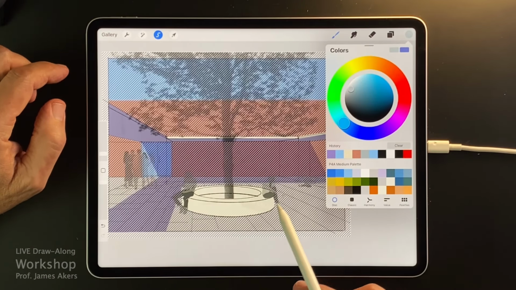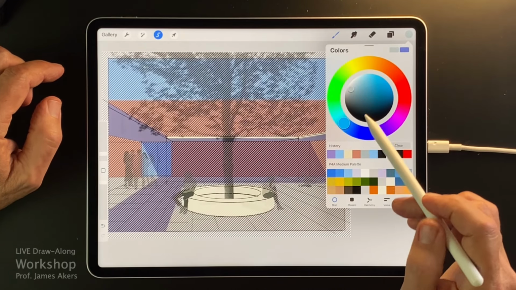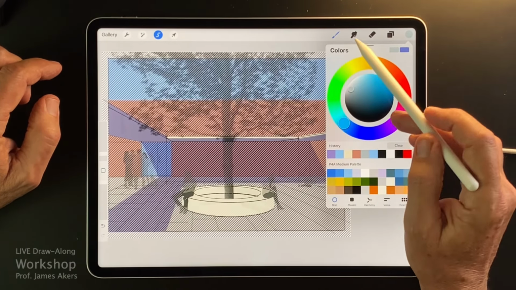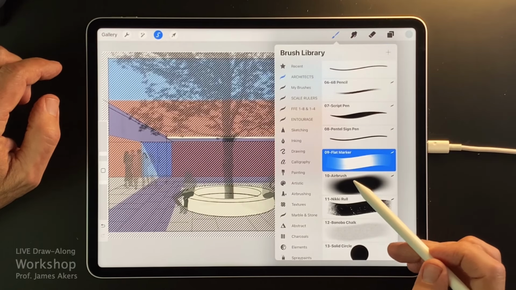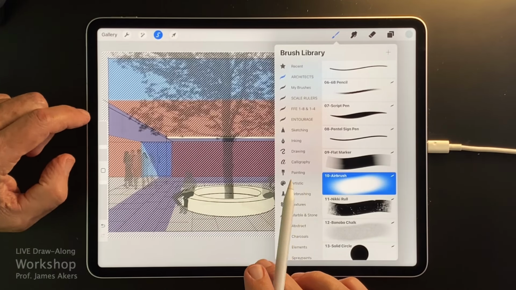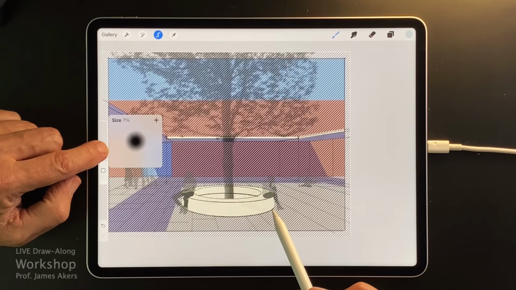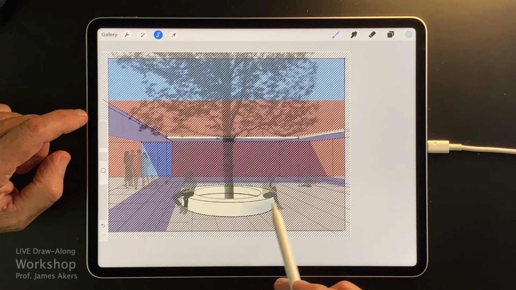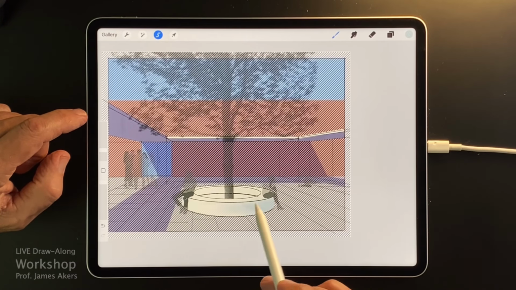And I'm going to just sort of model this. I'm going to give it a little bit of shadow on that side. So I'm not sure what color is going to work here, but I'll start there, and I'll use the airbrush because I like a nice soft shadow, and give it the right size, and I'll just start to brush that in like that.